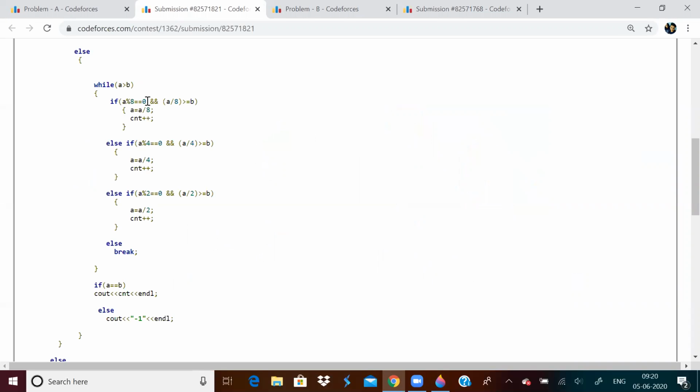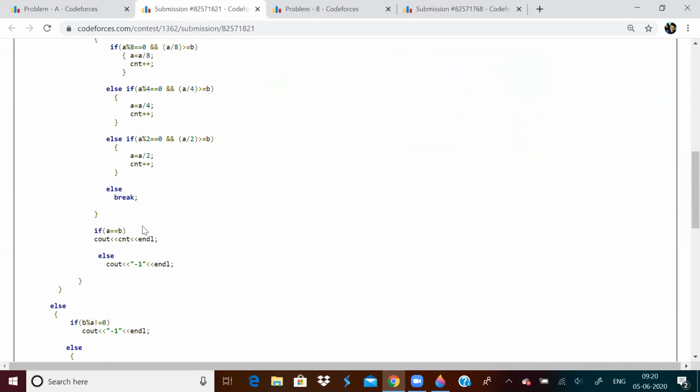If it is divisible and A by 8 is greater than or equal to B, because over here in this condition A is greater than B, then I will divide A by 8 and increment count. Same thing I will do with 4 and 2 also.